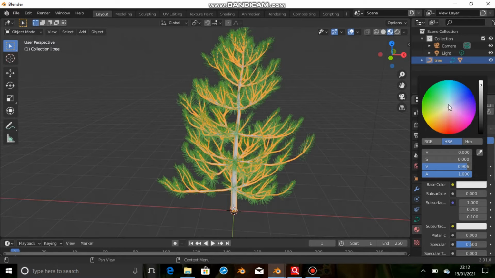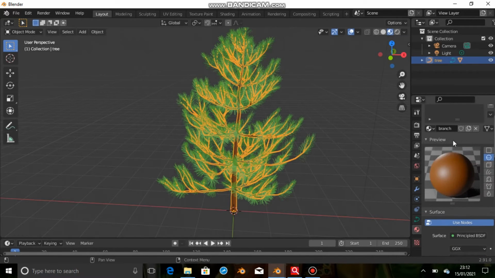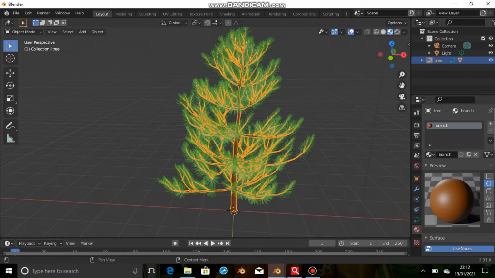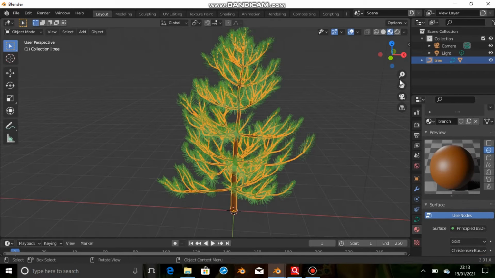Now it's time to give a material to our Christmas tree. So again I'm going to viewport shading. In this we will be giving the first material. So here on the right hand side of my screen there are panels available, and in that this is the material property where we will be giving color to the branches and the leaves.